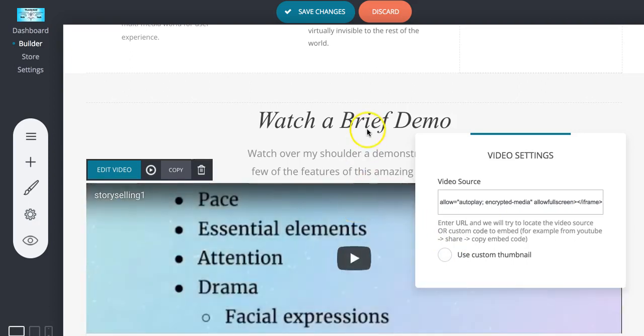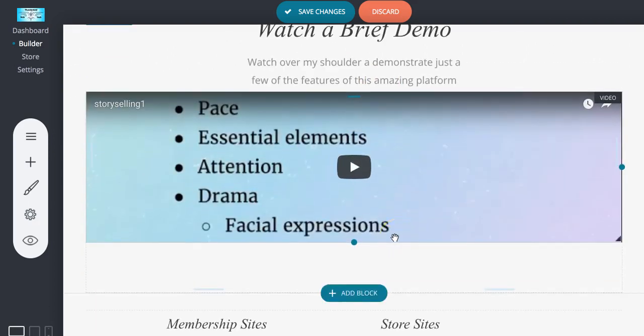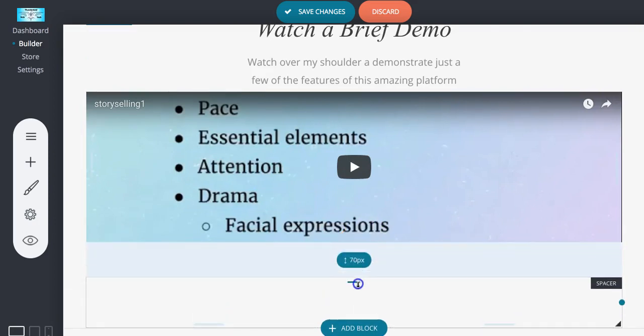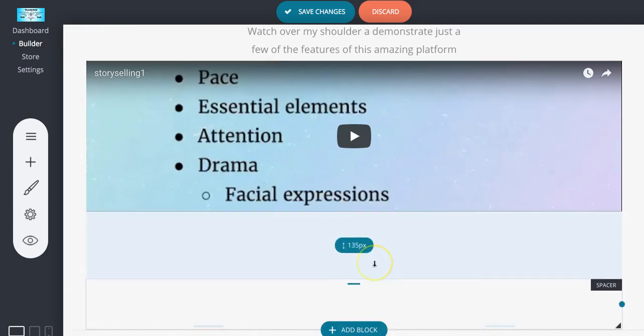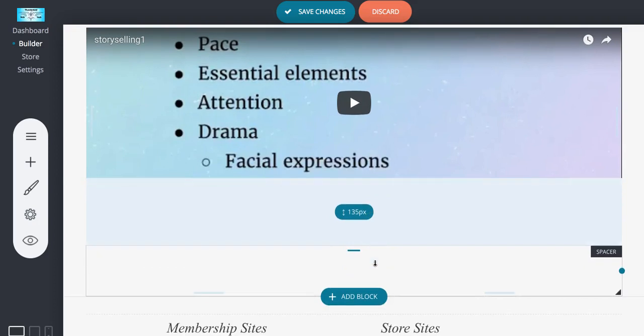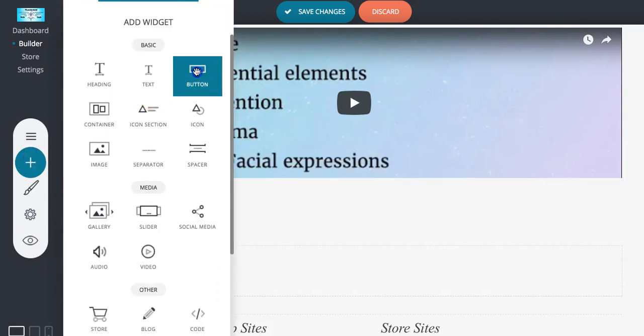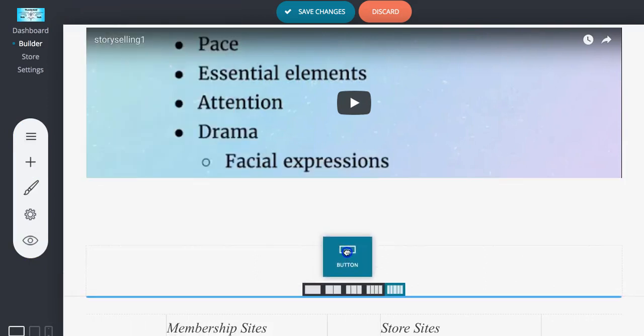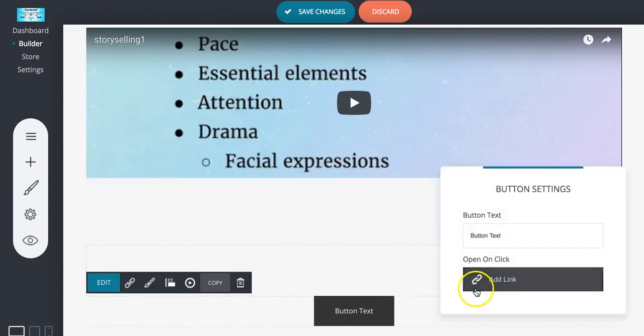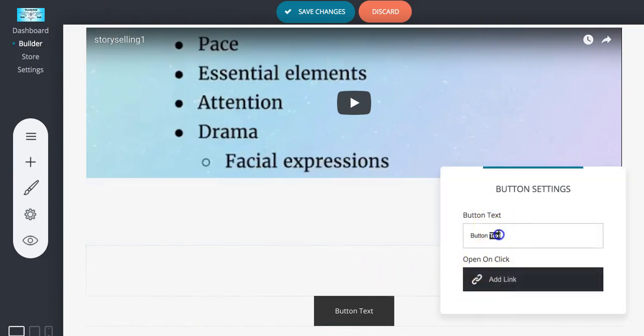Now I've placed my video right there, and I'm going to need to make it a little bit bigger so it can be seen. And we'll take a look at that in just a moment. Now I want to take that same video, or that same little GIF that I had playing. That was a speed test. And so I'm going to grab a widget right here. I'm going to grab a button. I'm going to bring that button down here, and I'm going to modify this button,